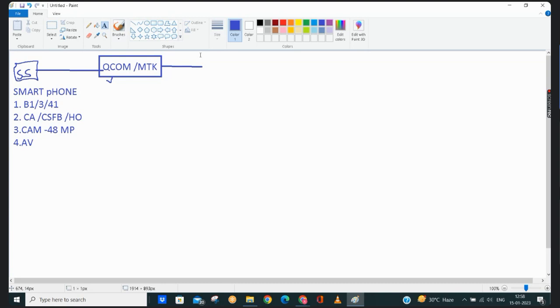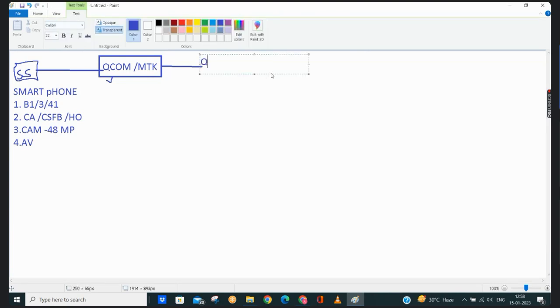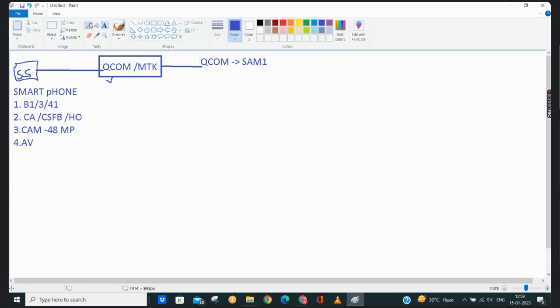Now Qualcomm has the project. Suppose Qualcomm has a project. They name this project something, like Sam 1 or Sam 2 or something. Okay, the product name is Sam 1, and now they will start developing that product for Samsung. So now what will Qualcomm do? Qualcomm internally discusses with their team and finalizes the requirement, finalizes the deadline, and what they can do.